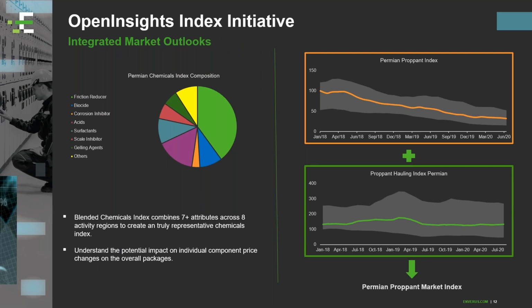As an example, let's look at the left side first. We showed you the Permian index, right? But the friction reducer index is not the entirety of the Permian Basin's cost, right? It is a big chunk. It's an increasingly bigger chunk, but there are also other variables that make a big impact, right? And it's important for us to understand these things and how they correlate to overall frac prices, because that can also help us understand what the expected forecast is, right?